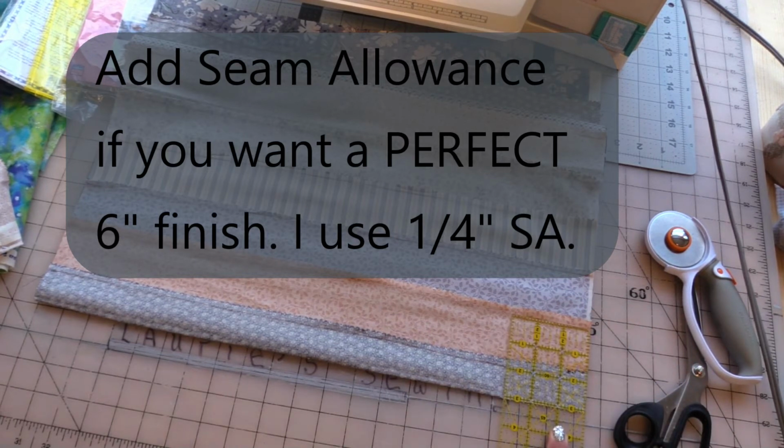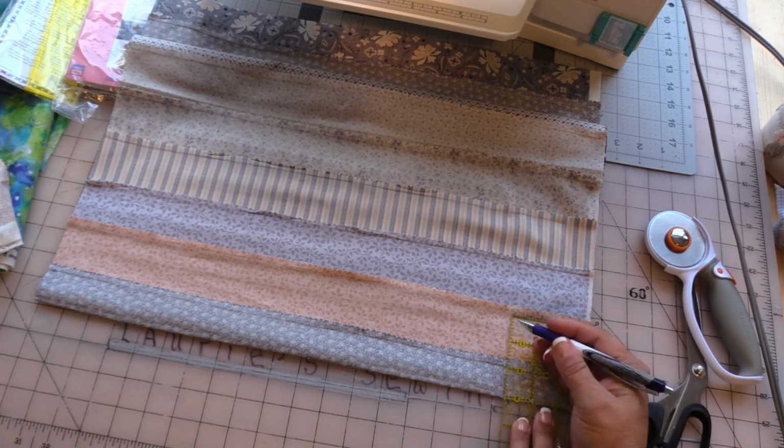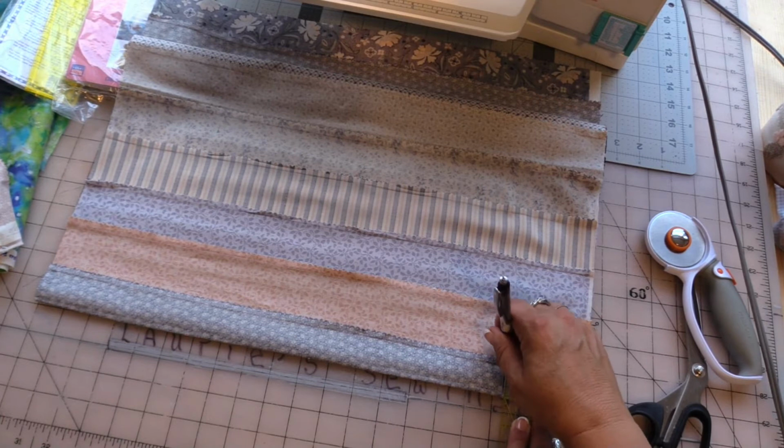And then I just mark it with a marker. And it doesn't matter if it's a washable marker or not, because the inside of the bag isn't going to show, and your sewing will probably disguise it anyway. I don't think my groceries will be offended, so I'm going to just use a regular pen